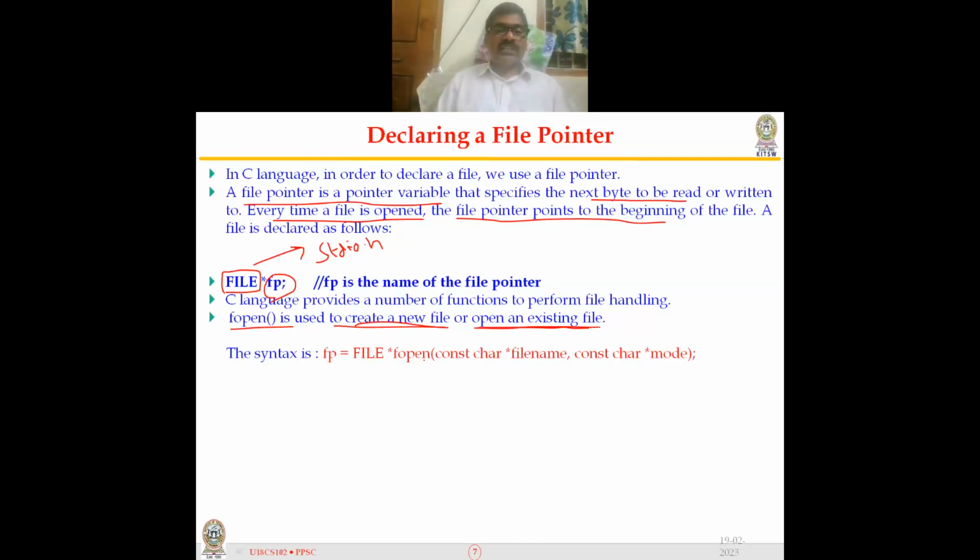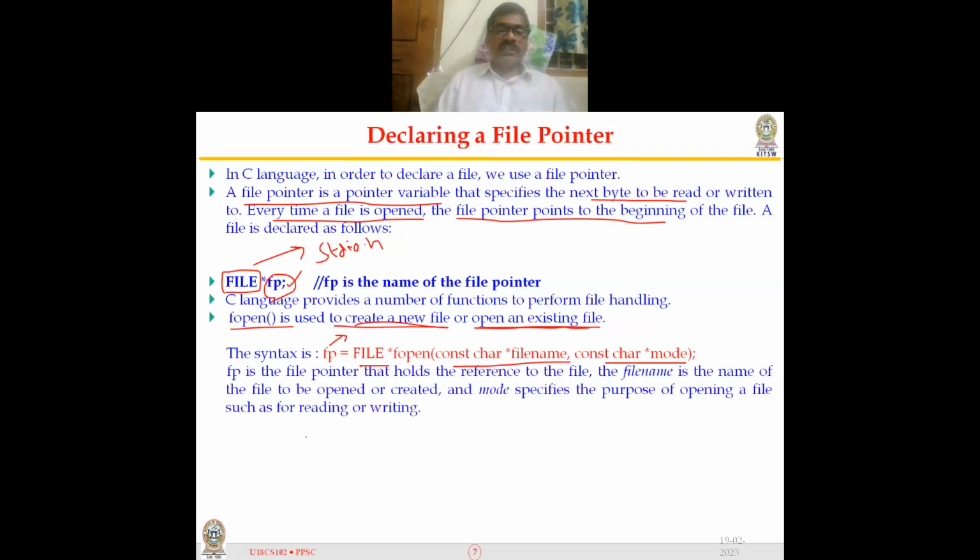Fine. So the syntax will be like this. Once you declare the file pointer, fp is equal to fopen of char *filename, char *mode. So fopen will return a file pointer, which is of type FILE *. That is the reason we have to declare fp as a file pointer type. So fp is the file pointer that holds the reference to the file. Whatever file name we have given, the file pointer fp is a reference pointing to that file. The filename is the name of the file to be opened or created, and